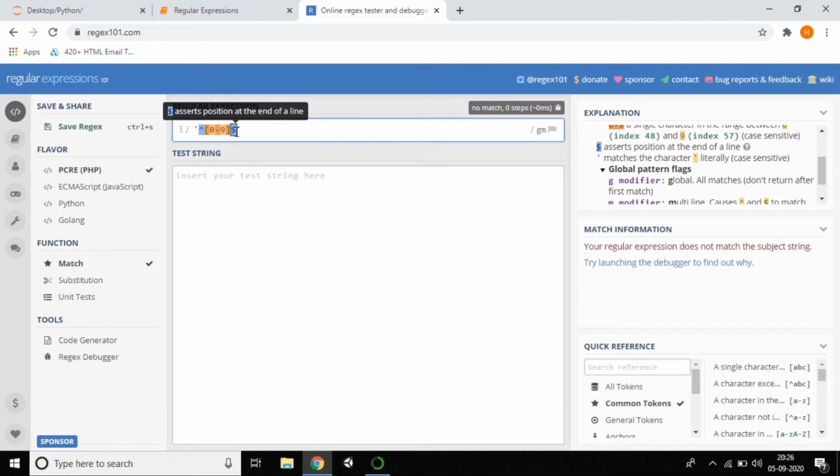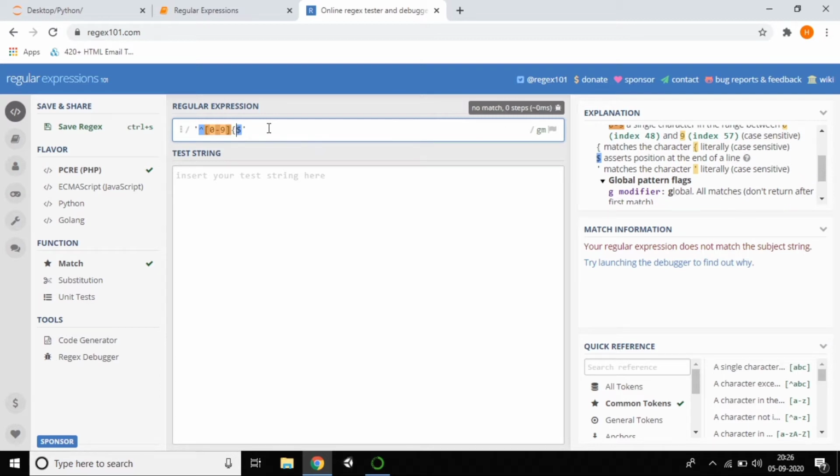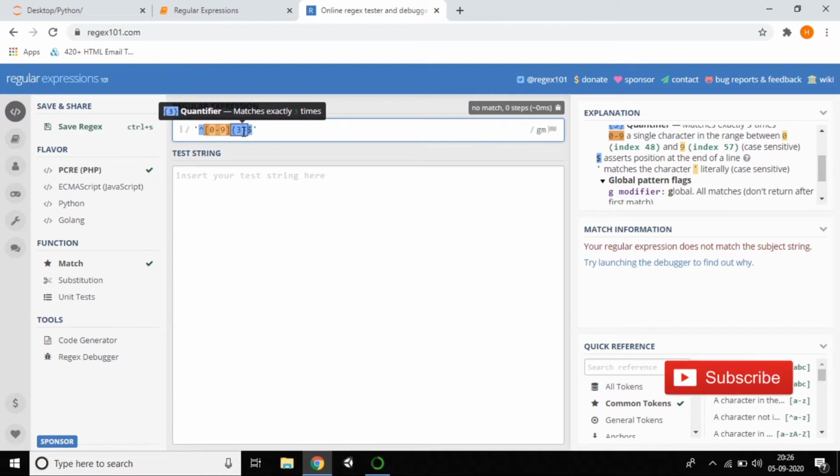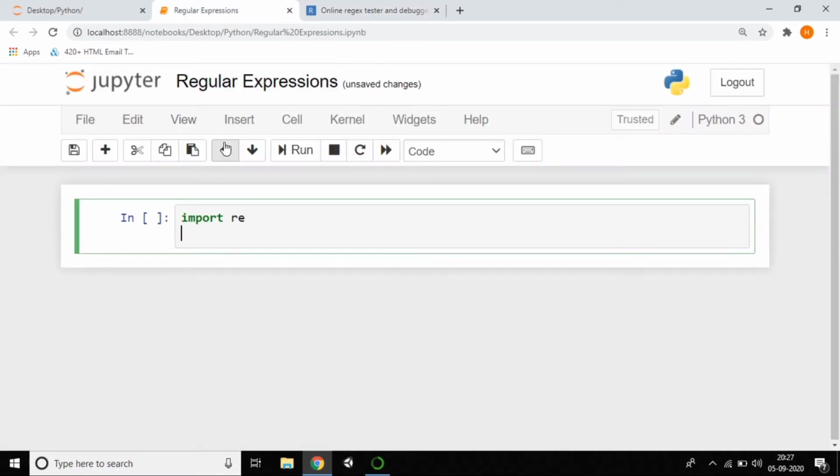I think it's very clear. And if you want to check, I'll write a normal regular expression. Generally I'll write like I want to take only three numbers. So I'm closing this, that means it will take, you can see that. If you give 6 or 3 or 4, it will take only three numbers. So just copy this and paste it here. I want to write the code here.